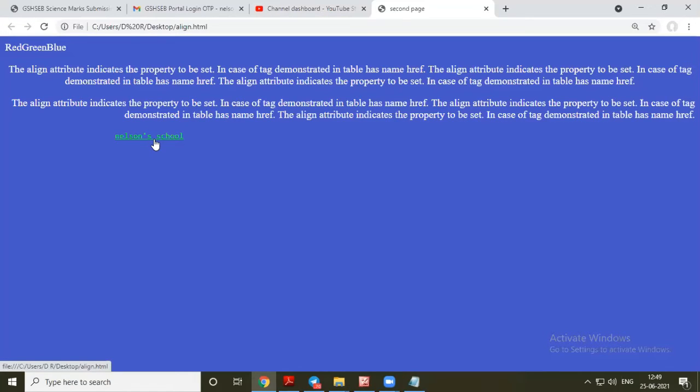Now you can see this. We can find a location where the pointer changes into another form, another symbol. That part is a link, which contains additional information or an external source. Now when I click here, right now there is nothing attached to this.